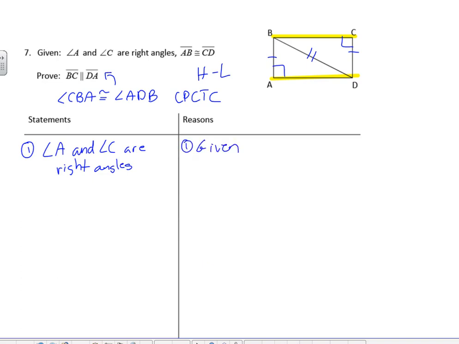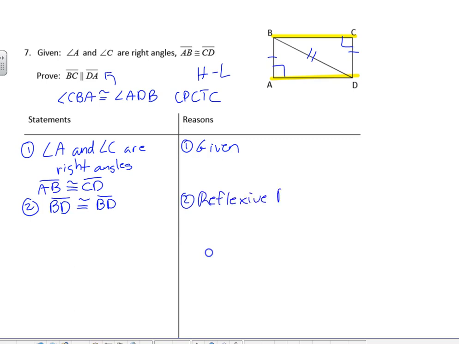All right, what else? Let me put the other things in here. Whoops, AB is congruent to CD. That's our other given. So, you know, maybe we do the reflexive property next. BD is congruent to BD. Reflexive property. Have we done all three parts yet? No, we haven't. We've got the hypotenuse, we've got the legs, but we also need to say that they're right